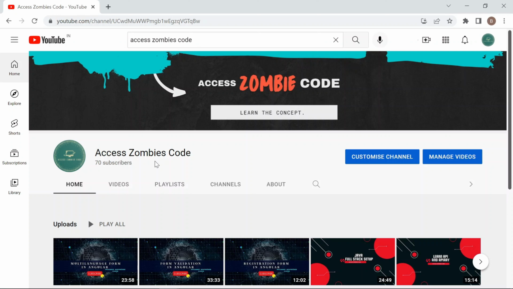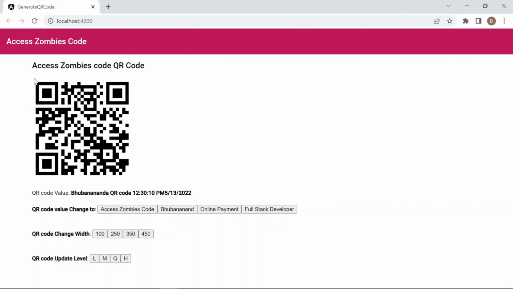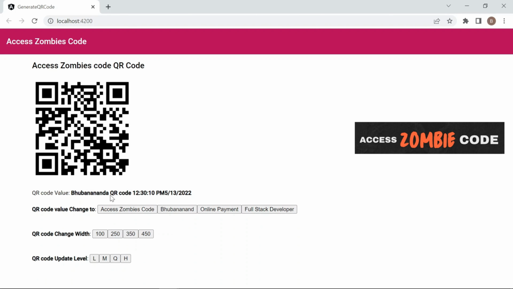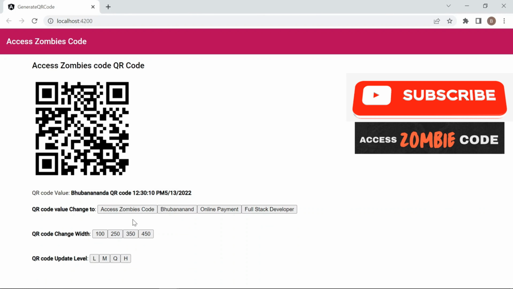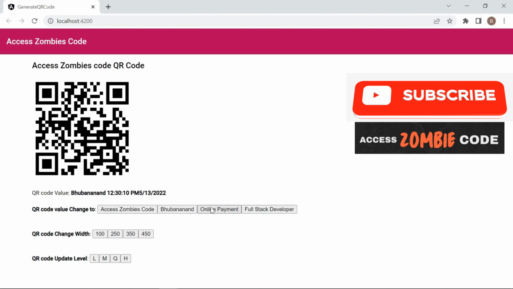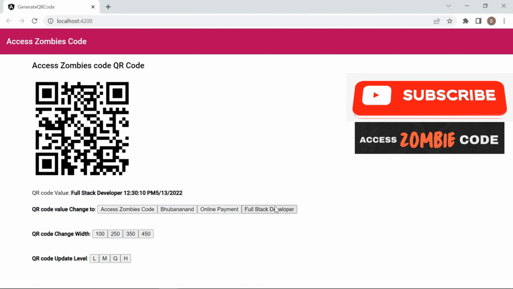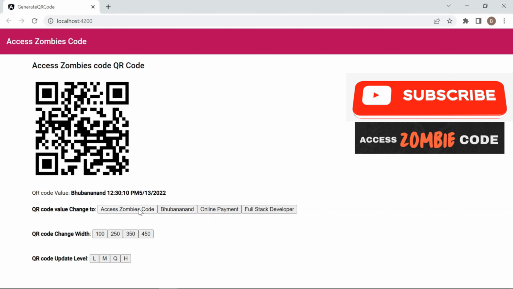Let me show you what we are going to do in this video. This is a QR code, and we are going to create this QR code. The value of the QR code is printed here and we make it dynamic, so we give some buttons. By clicking on that button, the value of the QR code is changed.